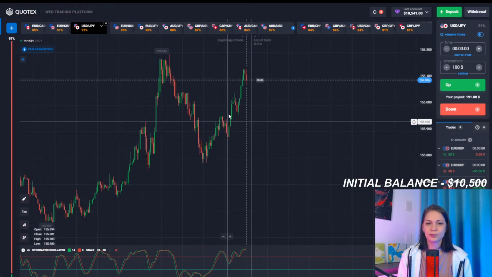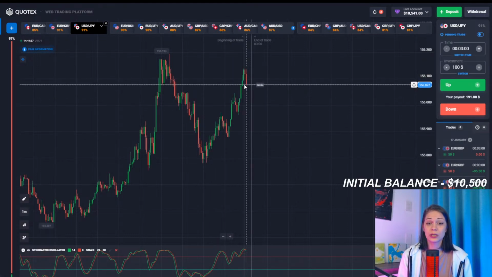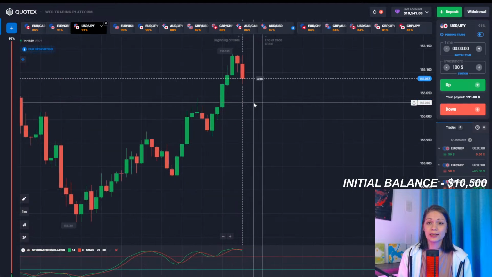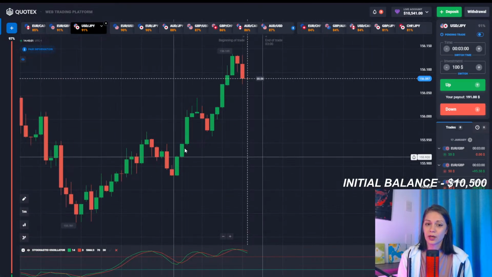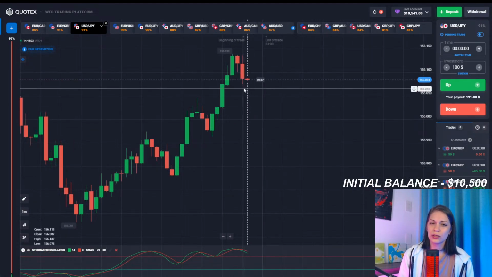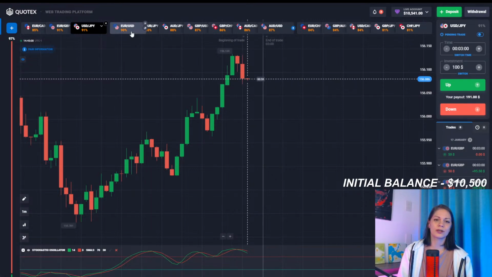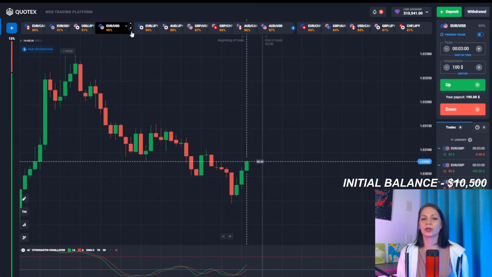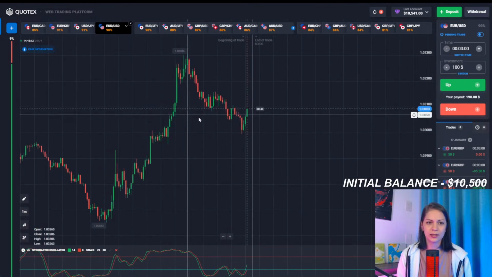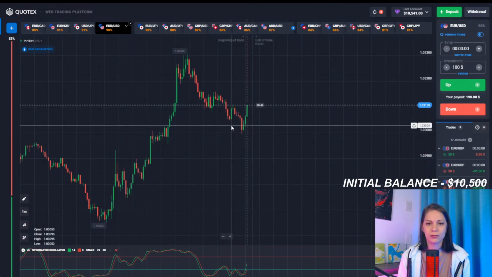And right here we have a more interesting situation. There is a really good uptrend and there is another pullback happening. Could we place a trend line here? I'm not sure, but somewhere here we can try to find an entry point for an upward trend. Let me quickly look at other currency pairs and get back to that one.